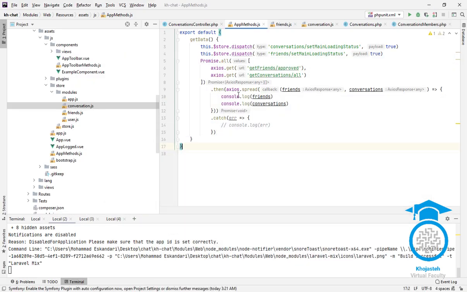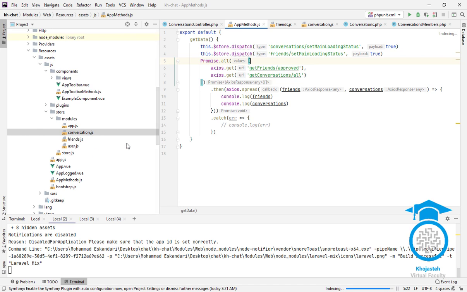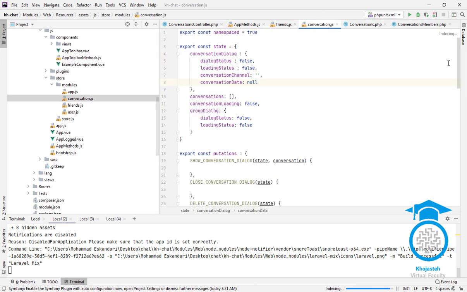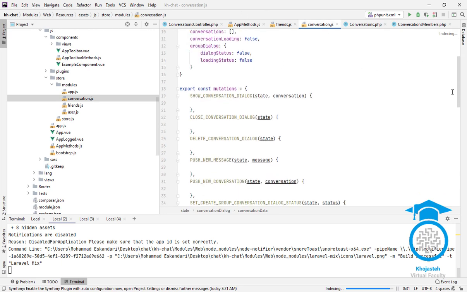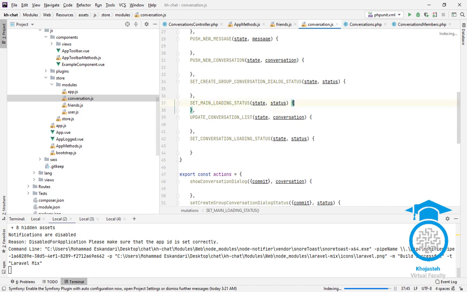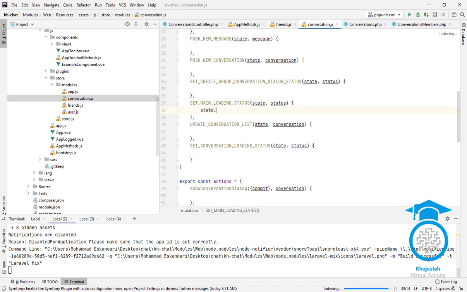I actually forgot to add logic to actions and mutations when we are updating the value for the loading status. So we are in conversations. Here, set main loading status. We need to update. Set conversation loading